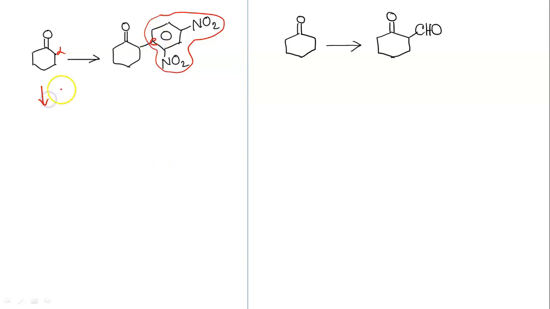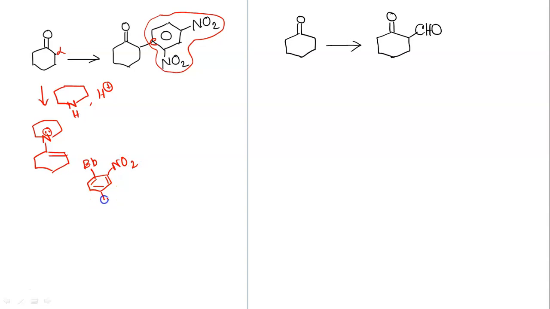But first we have to make the enamine. Suppose I am taking piperidine, it is just like pyrrolidine, only this is 6 membered, pyrrolidine is 5 membered, that is the difference. CC double bond. So this is our enamine, and here we will take bromine substituted aromatic compound, and I am writing this nitrogen in extended form. Why? Because I want to show you the mechanism.